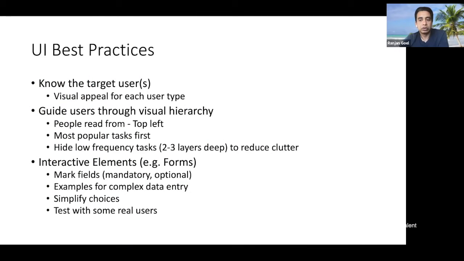So I think the first thing for any application, UI or website design is to know your target user or users. We went through it last time, and you can go through my presentation from last time. When I say know your user, we had a 1 hour talk on that. But essentially, each type of user may perceive, read and consume information in a different way, so your website needs to visually appeal to that user type. So that's the first thing.